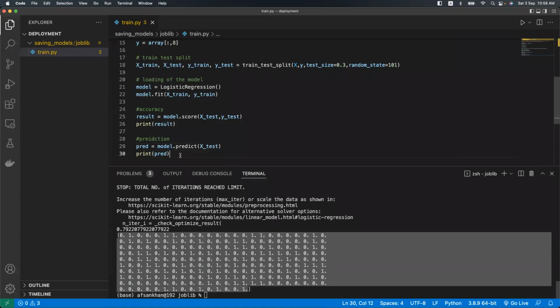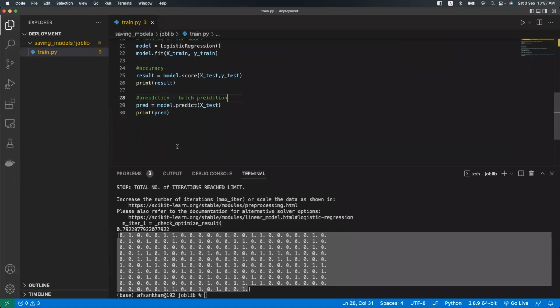But now what we are doing is a batch prediction here. The meaning of batch prediction is that you give a few data sets to do a prediction on all the data set. But if I want to do a single prediction of a value,